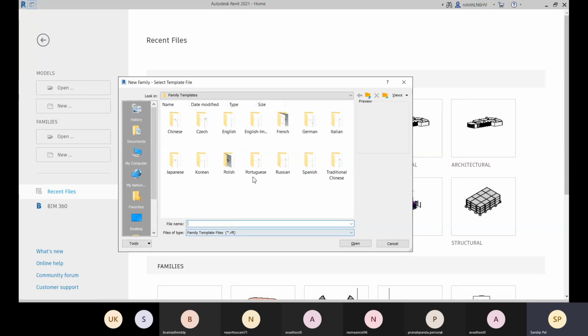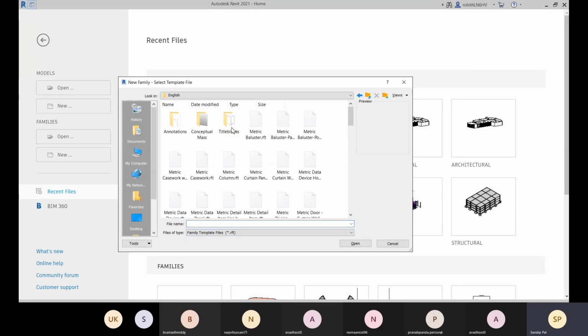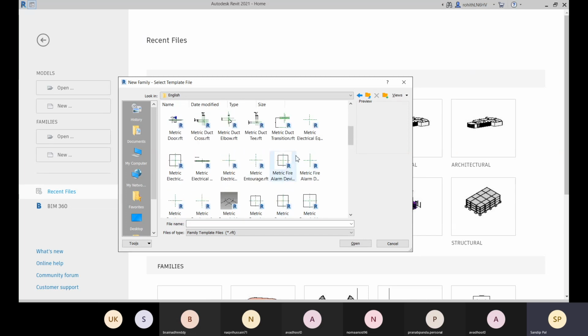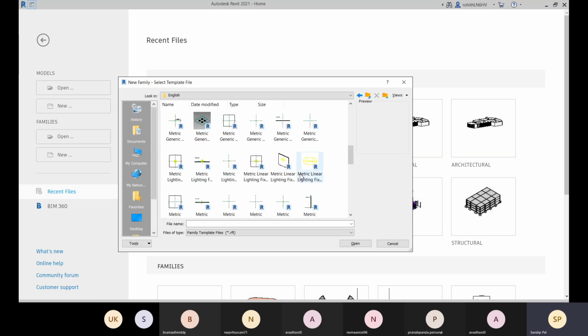You see that we have this English option for title blocks, for conceptual mass, for annotation, for each model, for each component, like baluster, curtain panel, door, all the furniture, windows, for each component within your building or within your infrastructure or any civil related project.